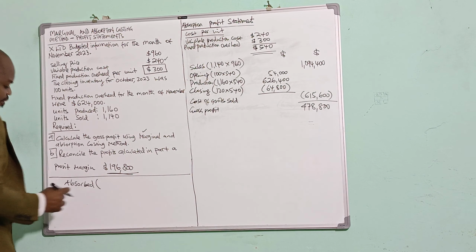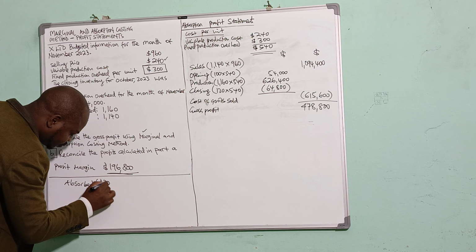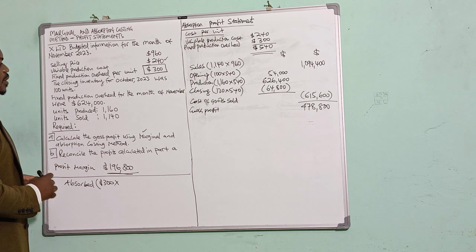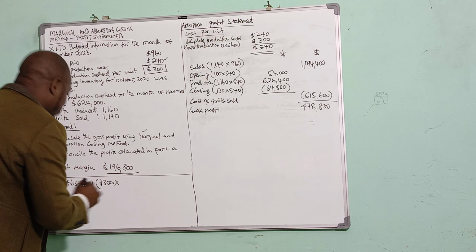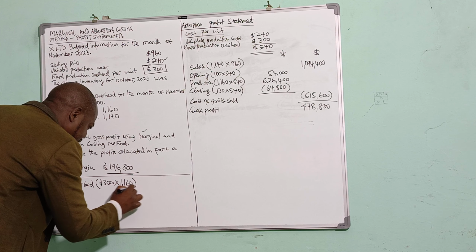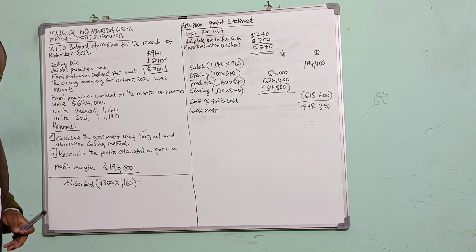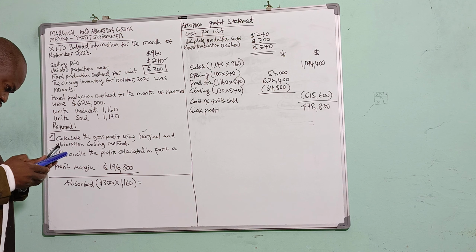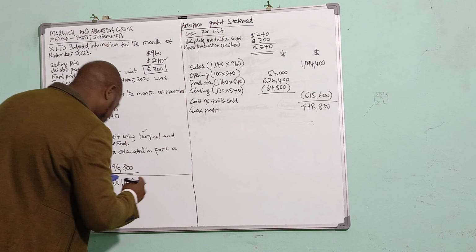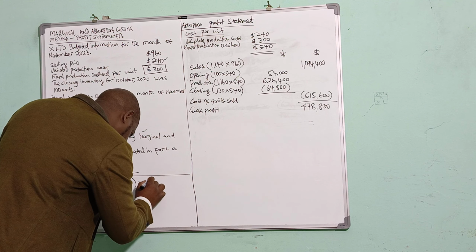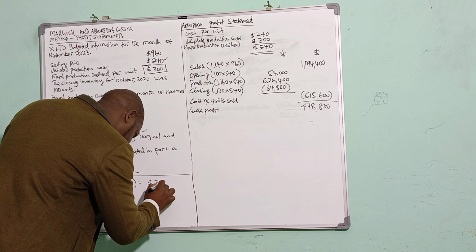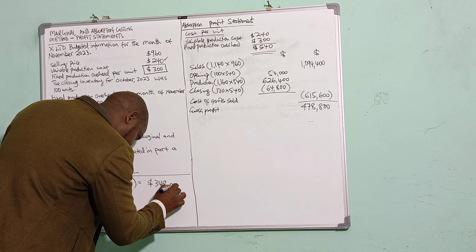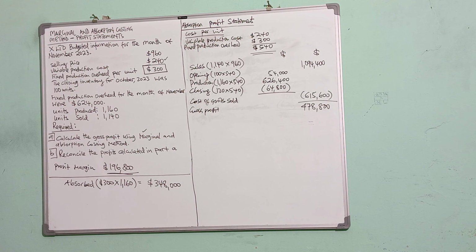So that's the key guy. $300 multiplied by the number of units which were produced, 1,160. $348,000 was the absorbed,